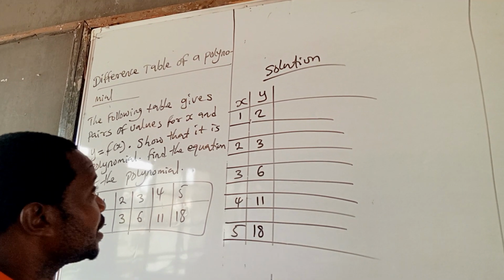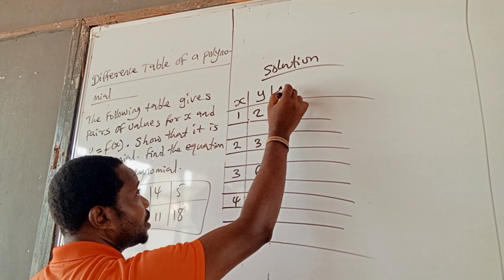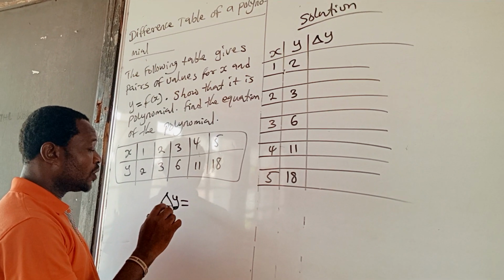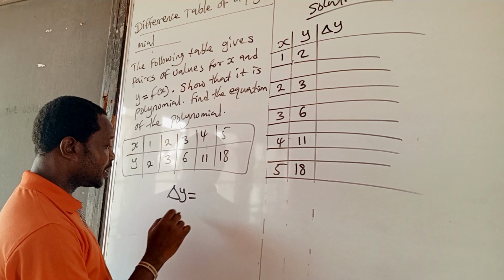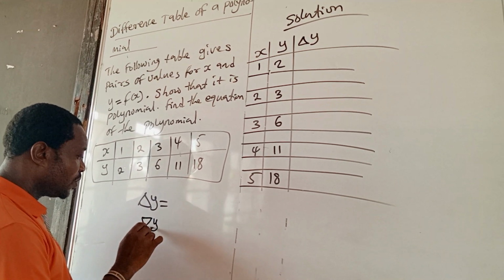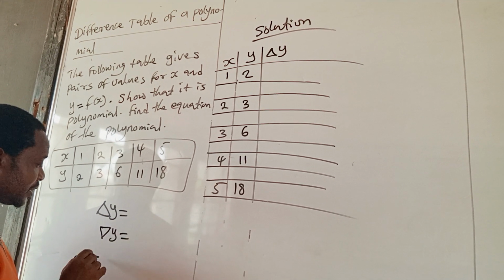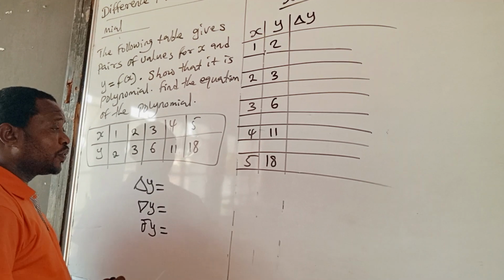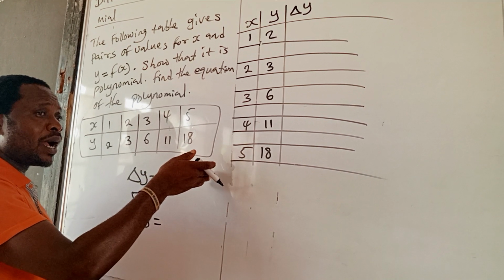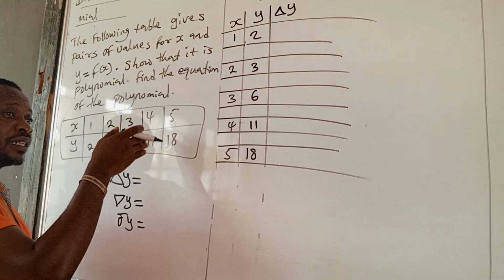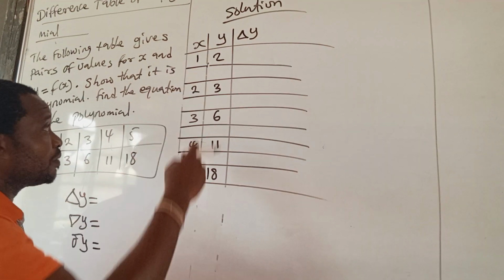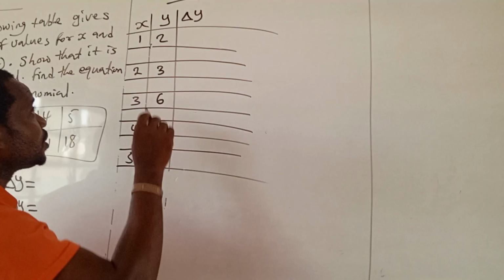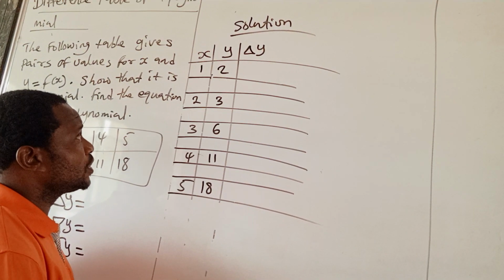So you now form your difference. This is the symbol of difference. Although we have 3 symbols of difference, when you see this symbol, in numerical method we call it a forward difference. When you see this symbol, you call it backward difference. When you see this symbol, you call it central difference. Difference means the second value of y minus the first value of y. You usually use this forward difference. So if you want to get the first difference of this table,